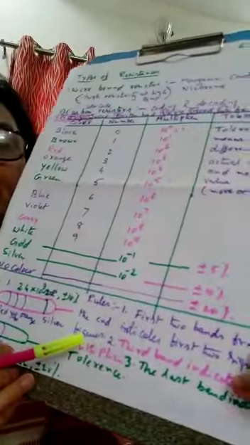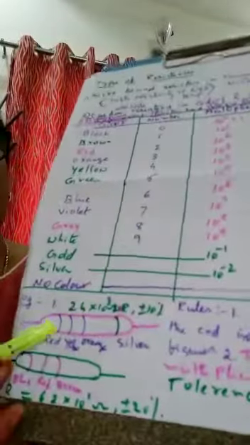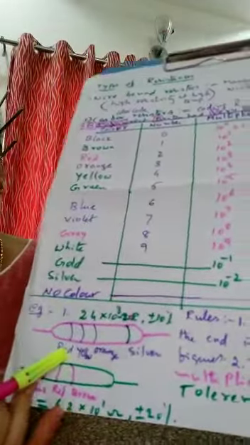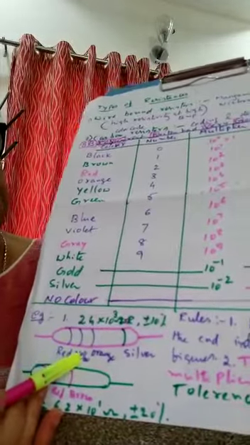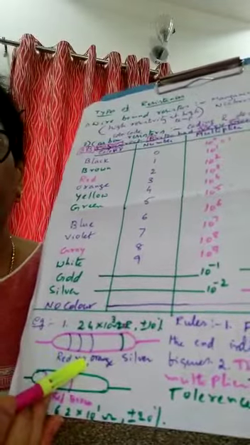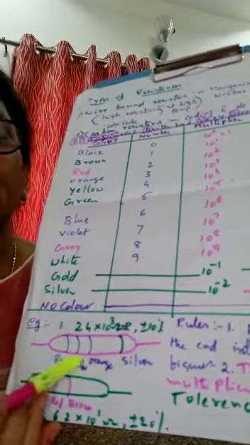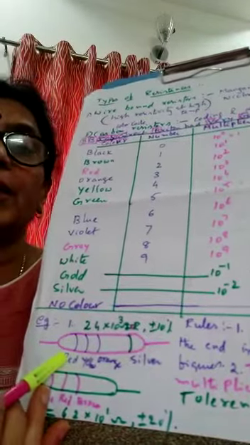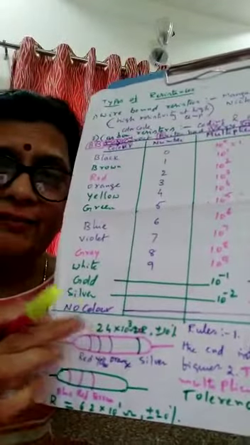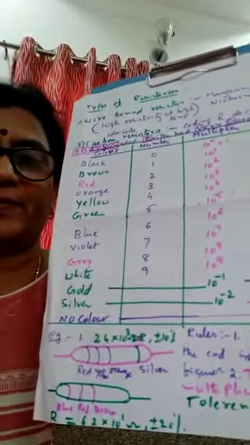Got it? So how do we calculate the resistance? Suppose, for example, I got this resistor, and the first color I have noticed is red. The second is yellow, and the third is orange. From one end, 2-3 color rings are there continuously. From that end only we are supposed to start, not from this end. The end where more than one ring is there, that end we take first.